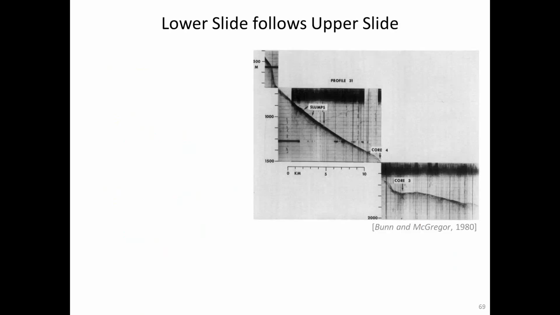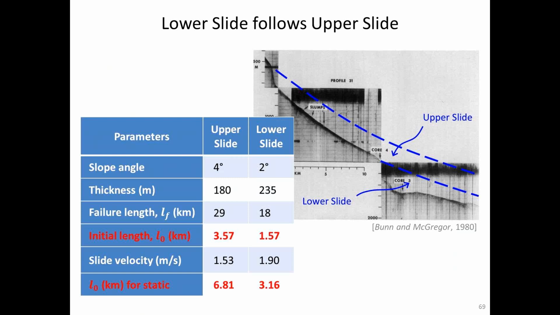So this is the scenario I would like to suggest here. We first had an upper slide actually happen first, and because of the upper slide, we are losing some effective stress in the second slide. And the lower slide actually happened right after the upper slide. That is my scenario. And so the slide length of about 29 kilometers for this upper slide and 18 kilometers for